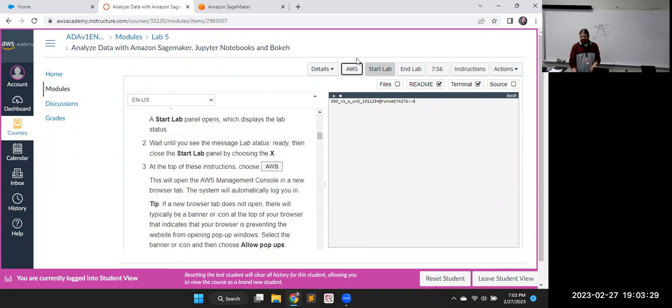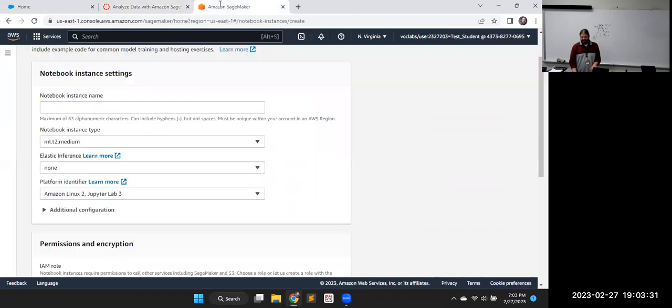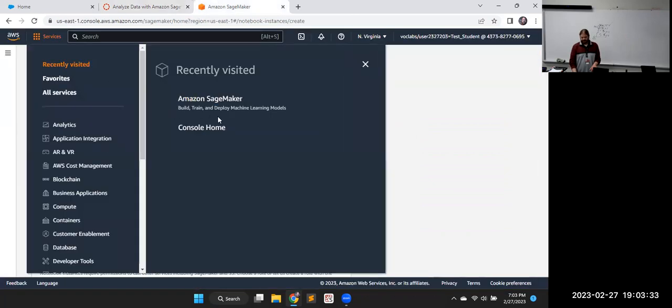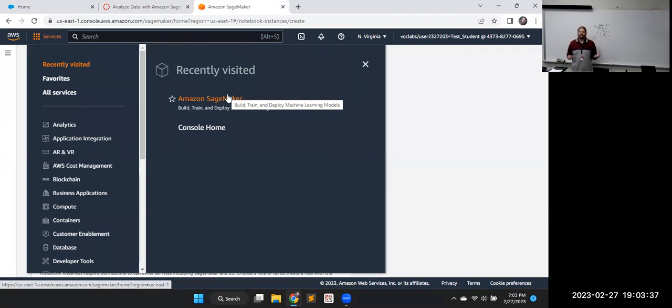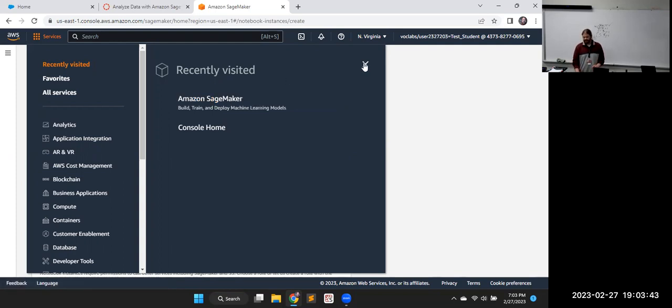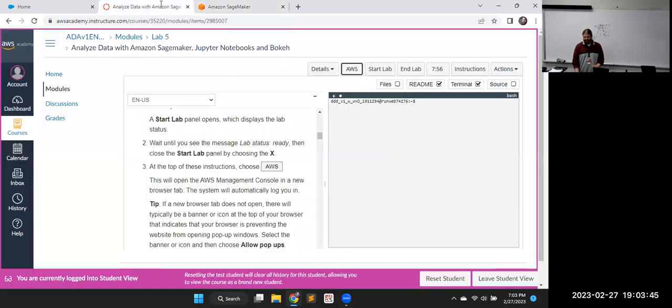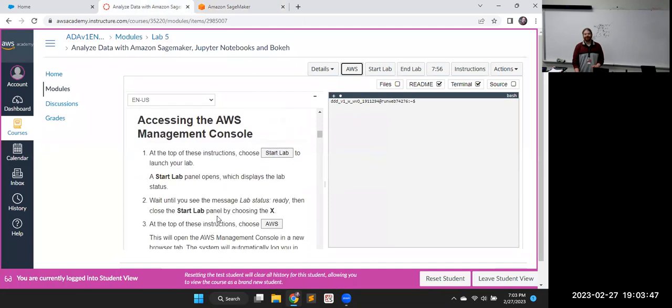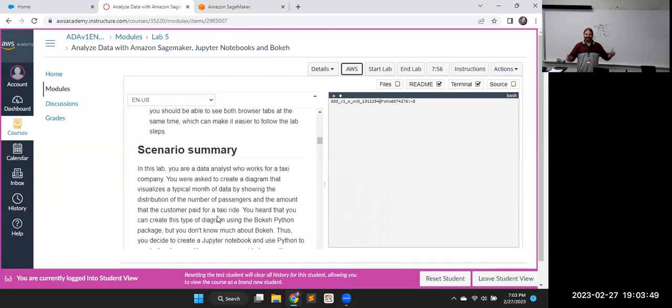Hit Start Lab. When it starts, hit the AWS button. Come over here and search for Amazon SageMaker, and just go step by step. Every step is spelled out. So this isn't like somebody else doing the tutorial, right? This is the AWS Academy. This tutorial was written by the people who